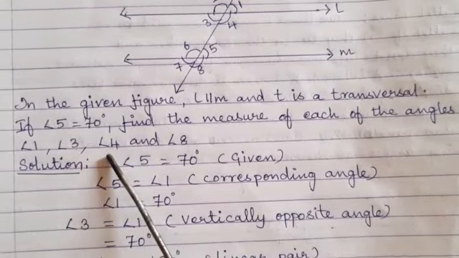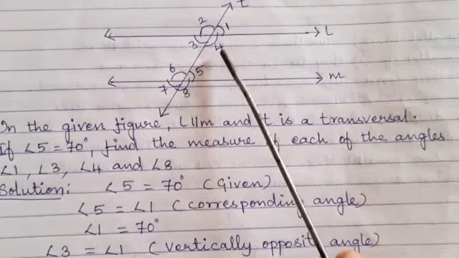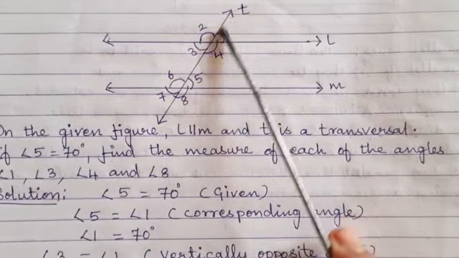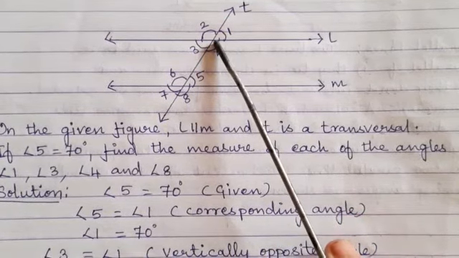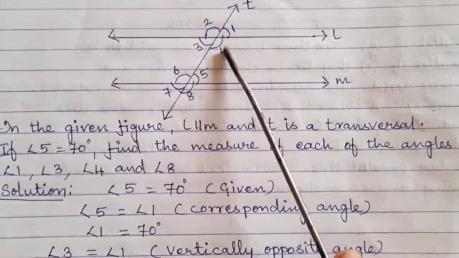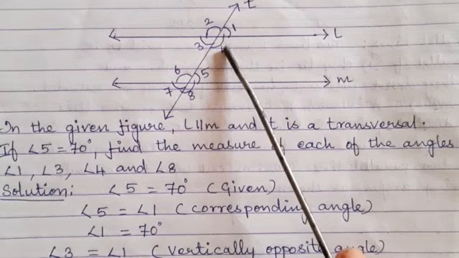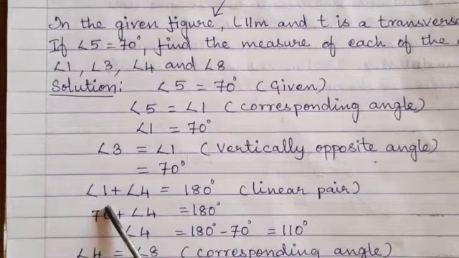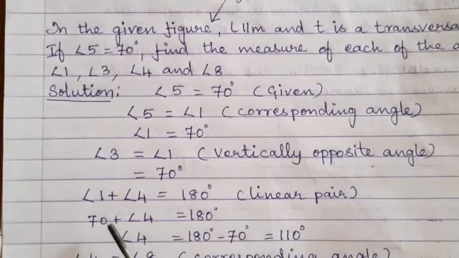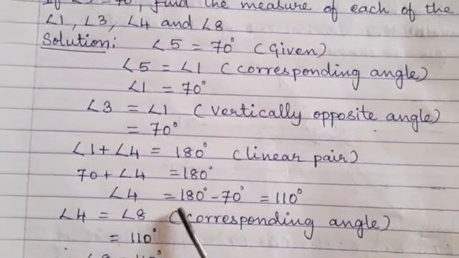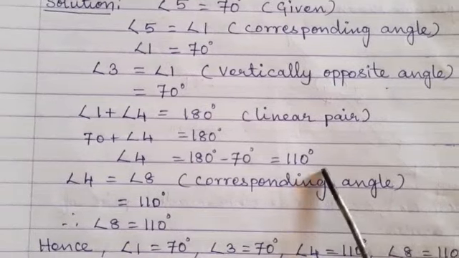Now the third question is angle 4. Now you see that this is a line, and this is a ray, the transversal up to this point. A ray standing on a line forms a linear pair. You have studied this in the previous chapter. So angle 1 plus angle 4 equals 180 degrees. The reason is linear pair. Angle 1, you know from the previous solution, is 70, plus angle 4 equals 180 degrees. Then angle 4 equals 180 minus 70, which equals 110 degrees. So now we have found angle 4.